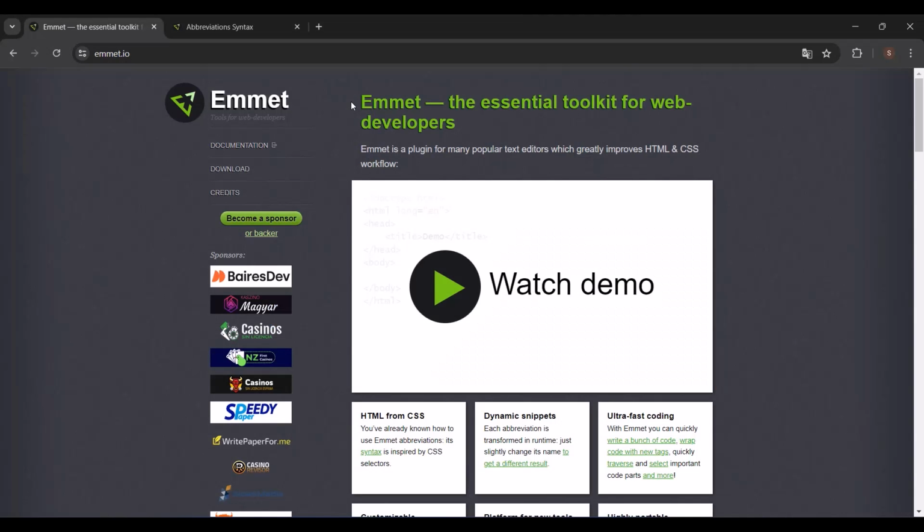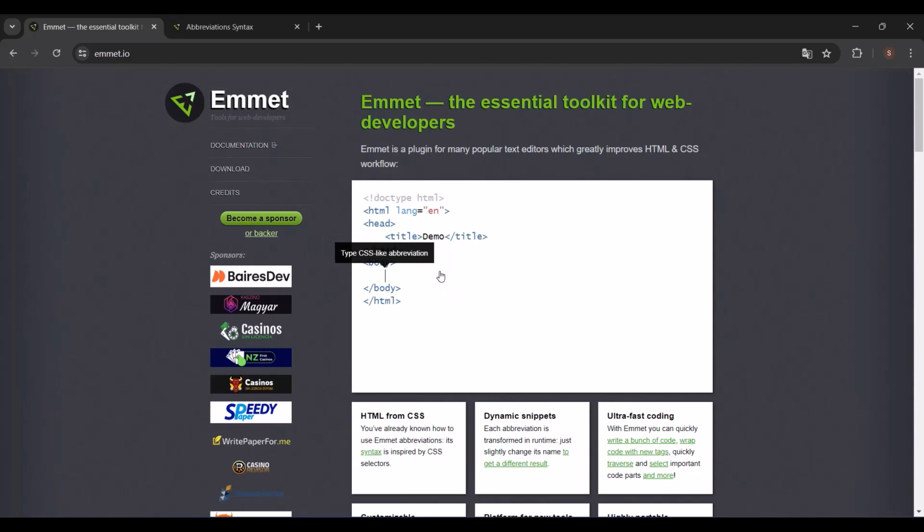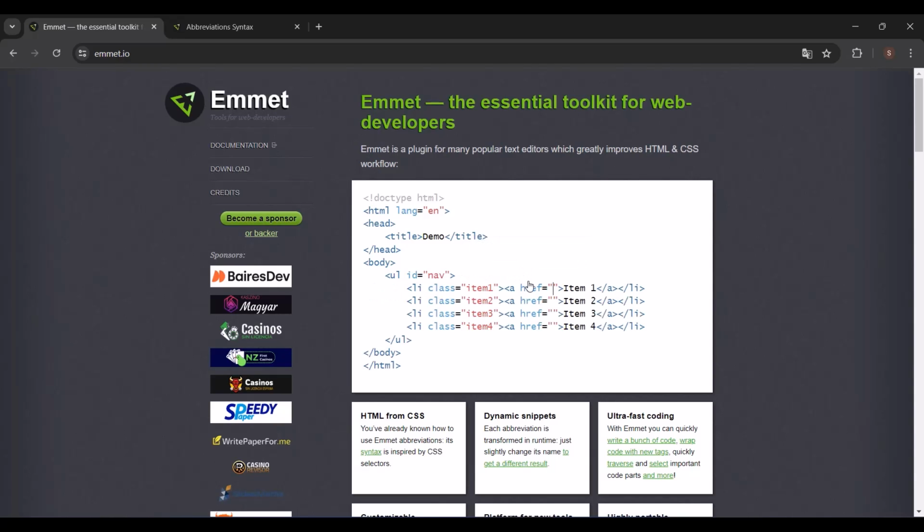Welcome back. Now it's time to start a discussion about Emmet. So what is Emmet? Emmet is a built-in tool for Visual Studio, and you can download it for other IDEs, that helps us write faster HTML code or markup using shortcuts. And if you click on this play button on their page, you'll see some shortcuts, and that is going to be expanded into some HTML markup or code. It's going to expand this abbreviation that we have here into HTML elements that you can see here.